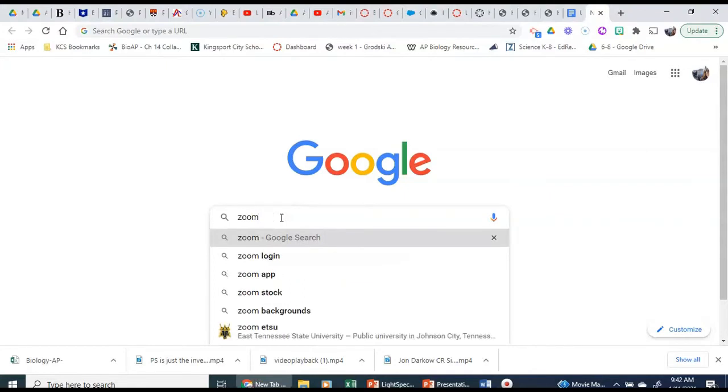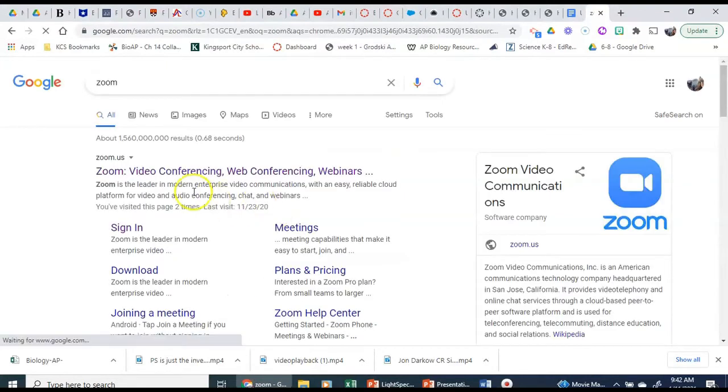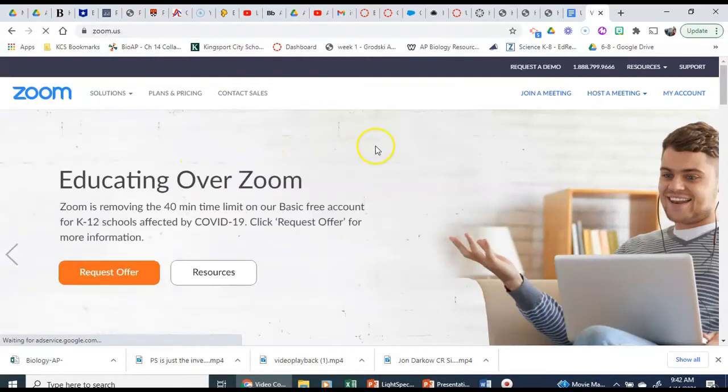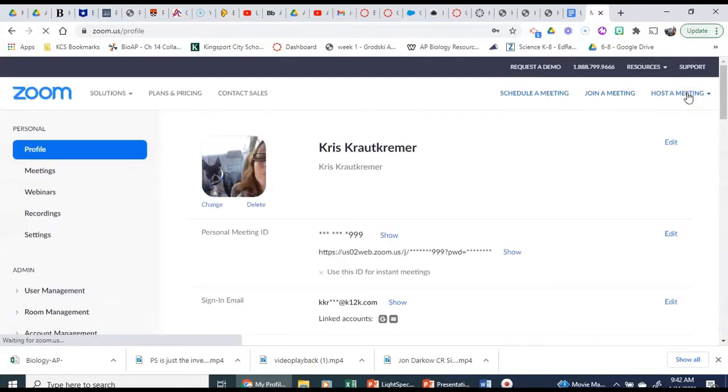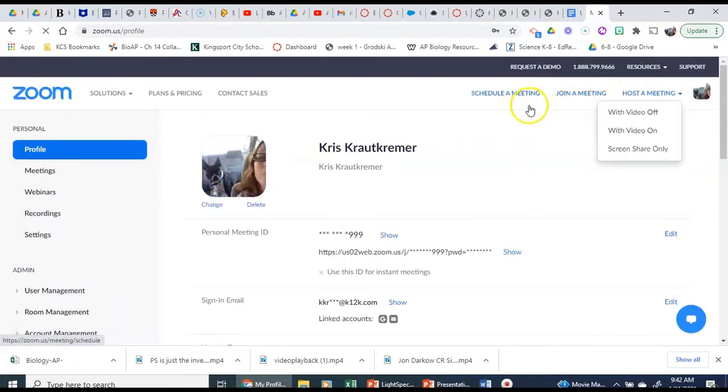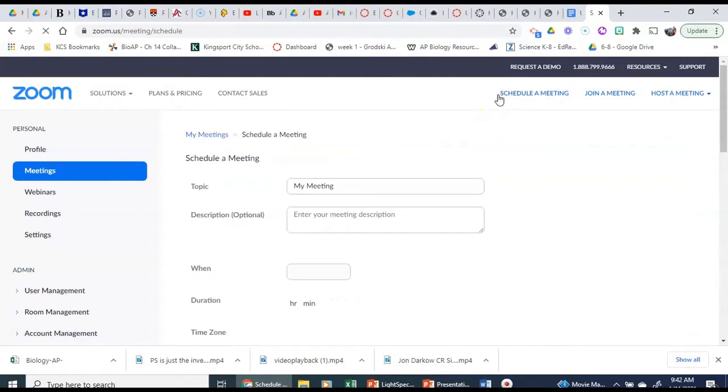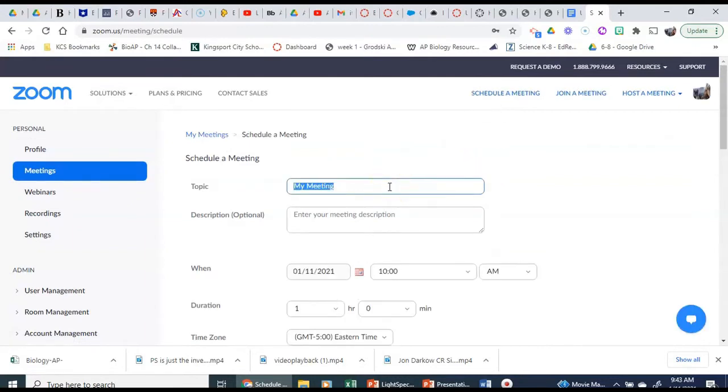So you're going to just go to Zoom, and then you'll go to your account. It may ask you to log in, but I'm assuming you're used to this. So go to your account, and there'll be a part right here that says schedule a meeting. So click on schedule a meeting, and then go ahead and title it. Anyway, title it